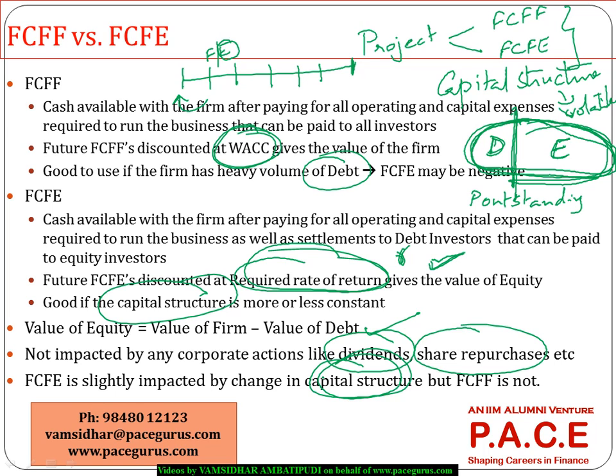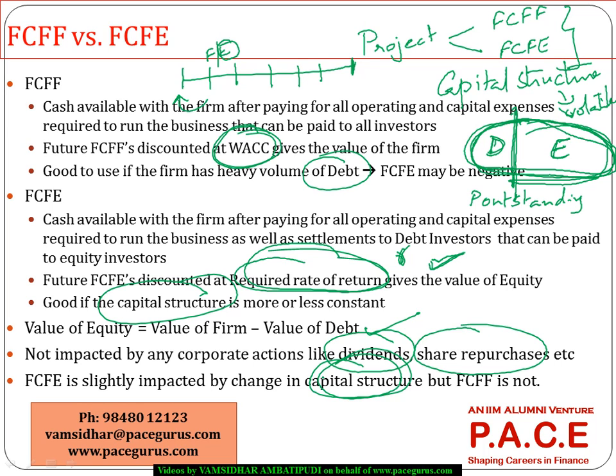So with a change in the capital structure or change in leverage, I see FCFE will get impacted, but FCFF will not. But coming to the corporate actions, any dividend, share repurchase, whatever is happening, we are focusing one level above it. So these things will not impact the FCFE or FCFF at all. This is one important, interesting aspect that we need to be comfortable with,